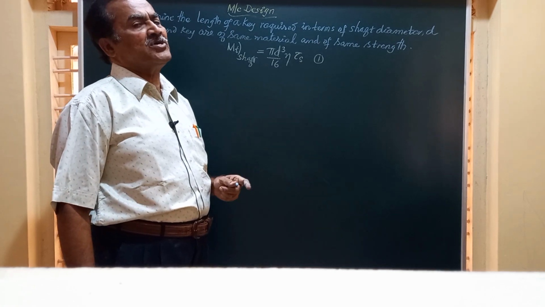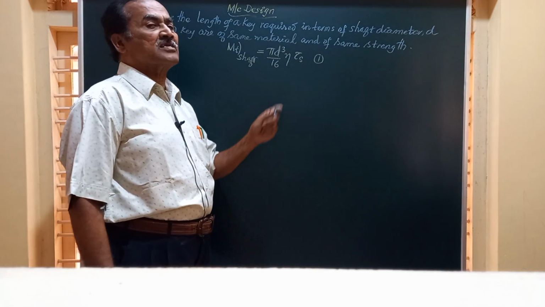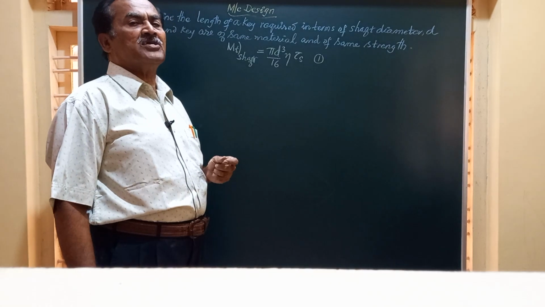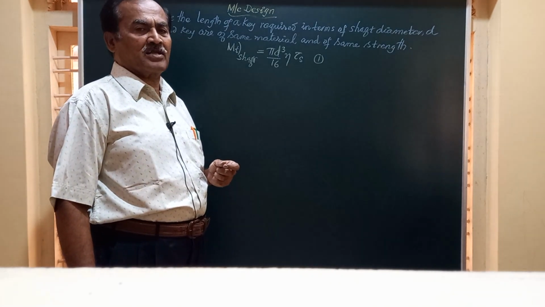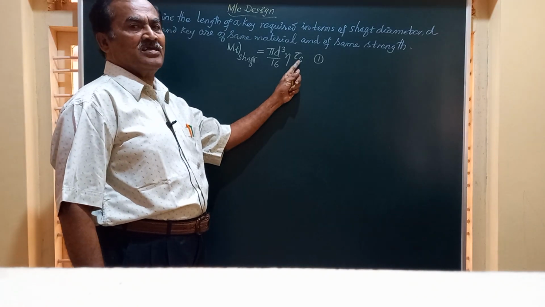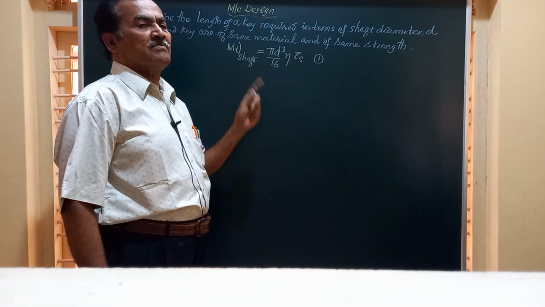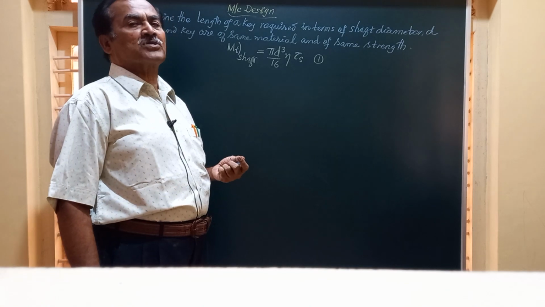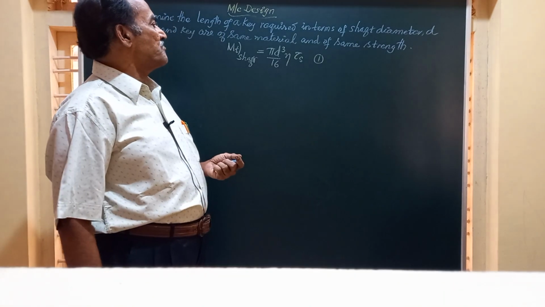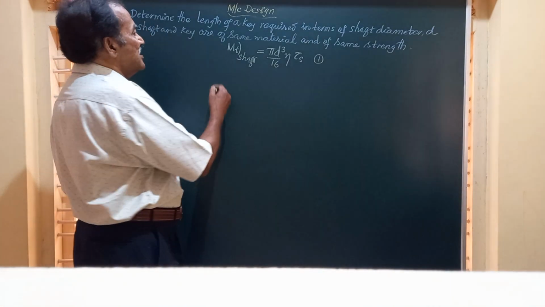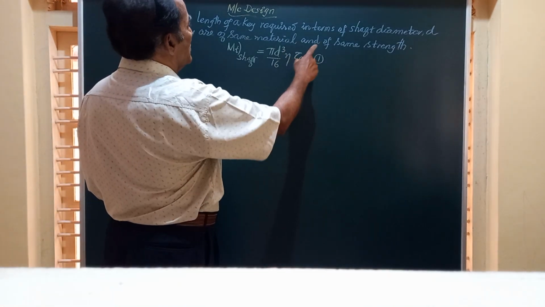So this is the equation we have got, and this is derived from the formula T by J is equal to G theta by L is equal to Fs by R. Fs is the shear stress here, T is the torque that is represented by Mt in most of the books on machine design. Friends, let us see what is the equation for the